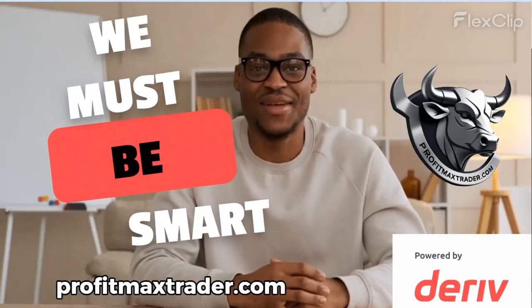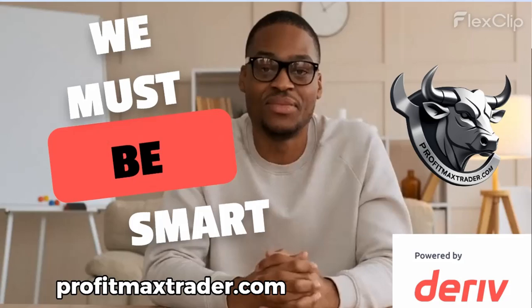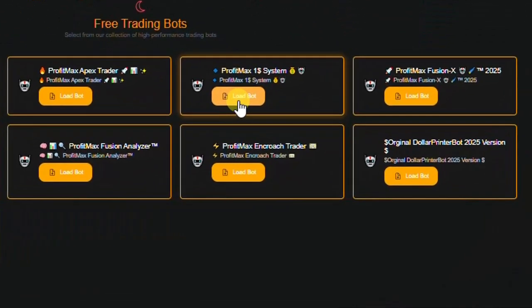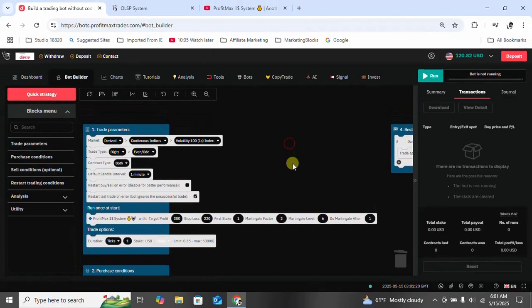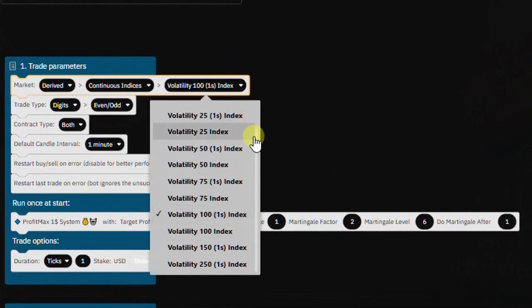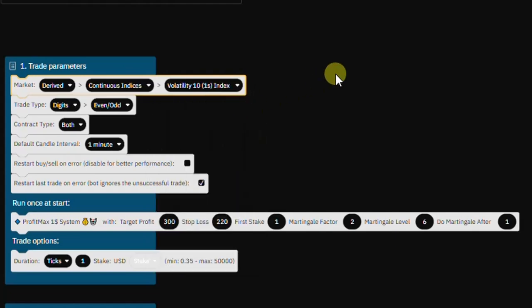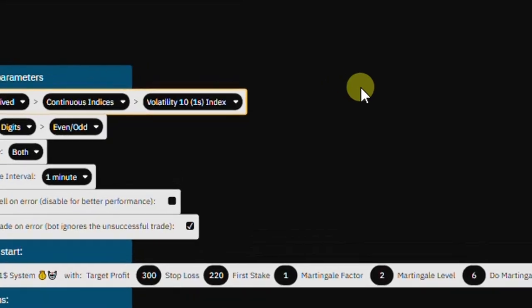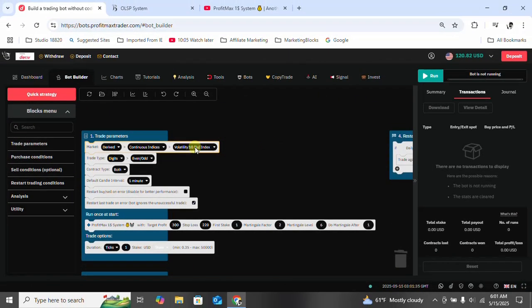But basically, once you come to the site, this is bot.profitmaxtrader.com, select this bot, ProfitMax $1 system, load it. Once you load it, select this volatility, and specifically this strategy works with this volatility. Make sure to have that volatility selected, and then of course the trade type we are doing is even odd,